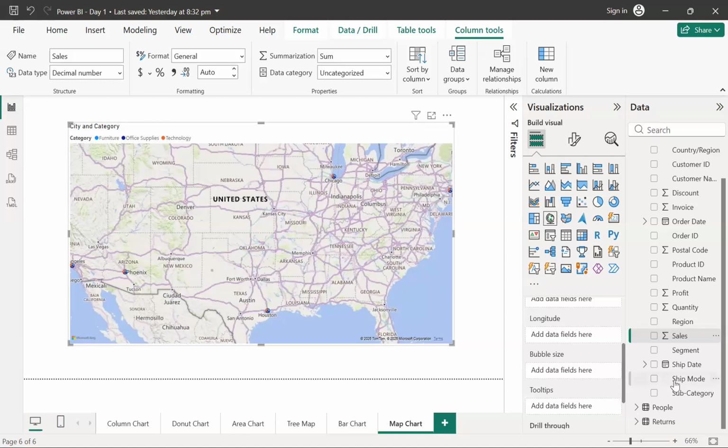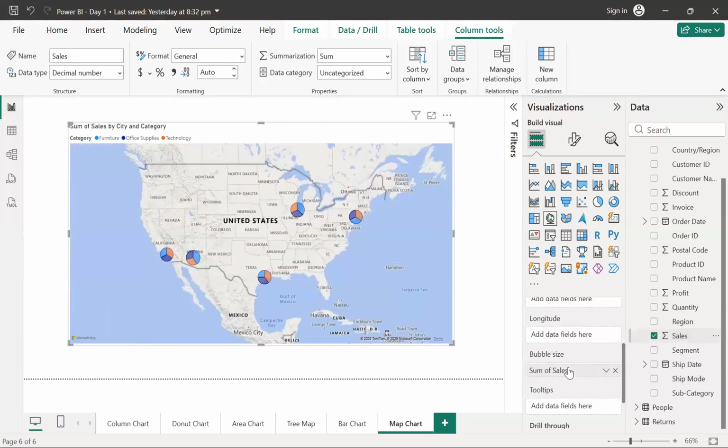Okay, and then I will even show you how you can increase the bubble size. There are formatting options as well. So let's first try to bring the sales in the bubble size. As soon as I bring that sales into the bubble size, automatically the entire chart shifted to be pretty small, and now there are just five cities from where they are getting the sales or selling their products.